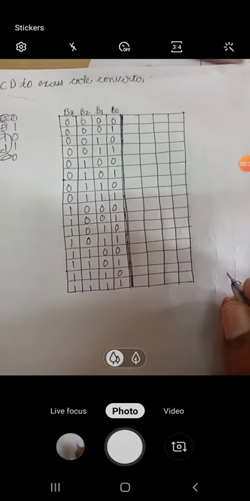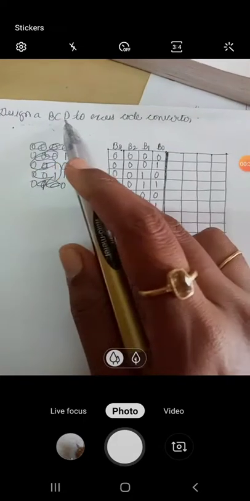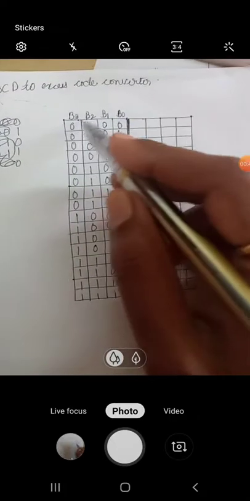As we know, for a given problem statement, what we need to do is draw a logical truth table. Before drawing a logical diagram we need to have a truth table. So I am here with a truth table which is half empty. BCD means binary coded decimal. I have taken 4 bits as inputs: B0, B1, B2 and B3. So these are the 4 inputs I have.